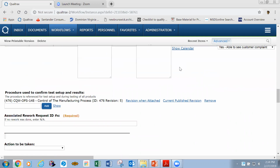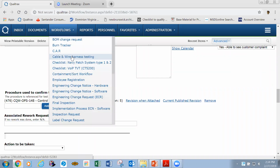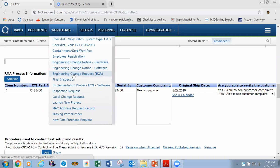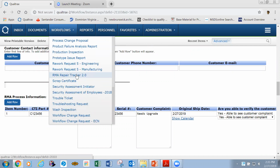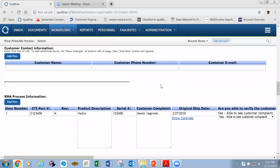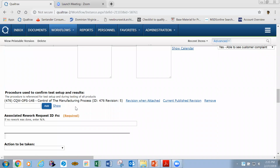So at this stage, the product has gone through repair, and when it enters the repair process here at Cornet, again, that used to be a paper form. We've now automated the rework process for all rework in-house as a separate workflow. So if I wanted to initiate a rework workflow, I'm not going to, I'm just going to show you. I'm going to go to rework request, manufacturing. That's there. I would simply click on that, fill out the information that it asks me, and forward the